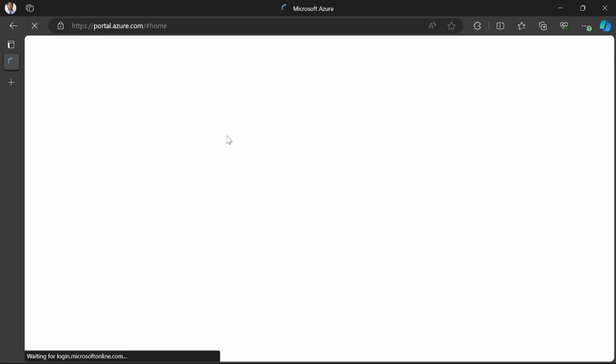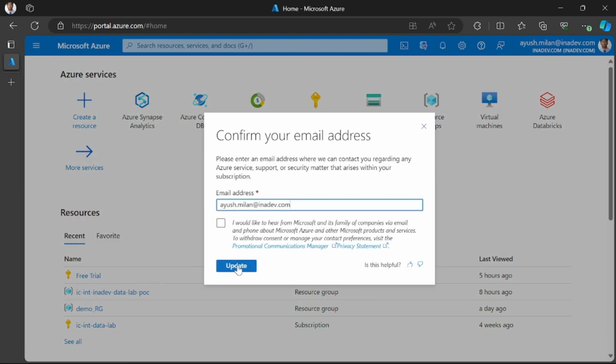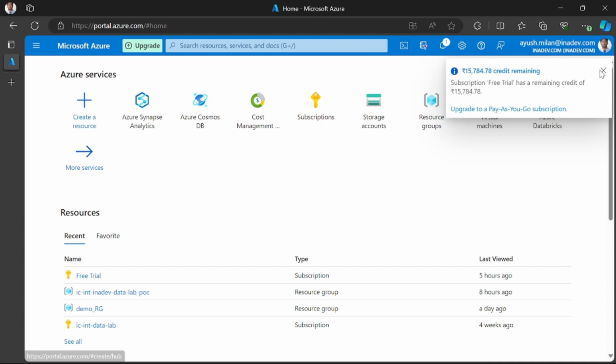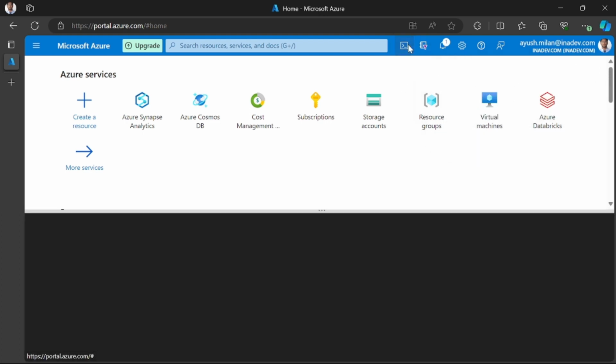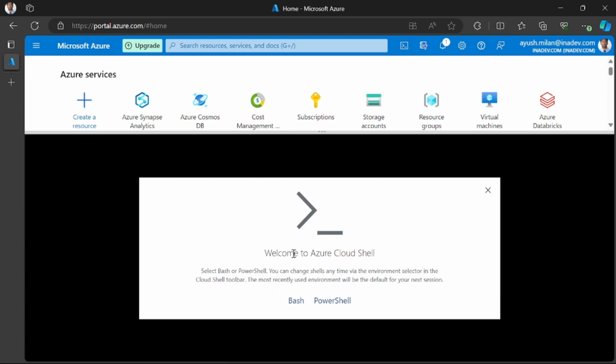So let me just refresh the Azure portal and let's get started with the Azure subscription which I have, which is the free trial subscription. For this demo we are using some CLI tools, command line tools. So we are using Azure Cloud Shell for some initial work, and then we will see something on the Azure console as well. So just choose the bash shell from here,